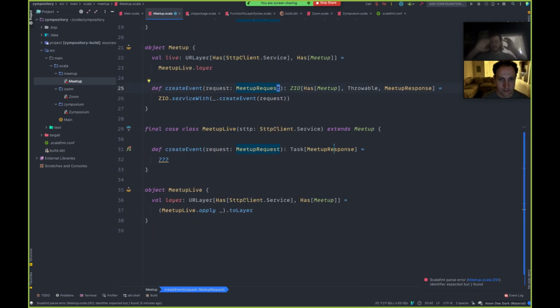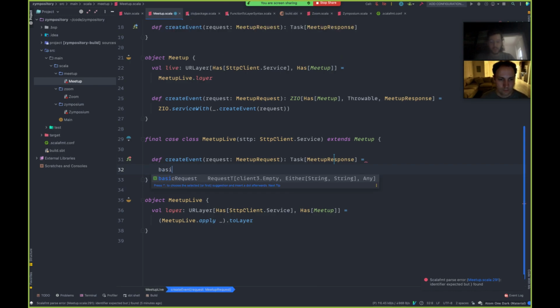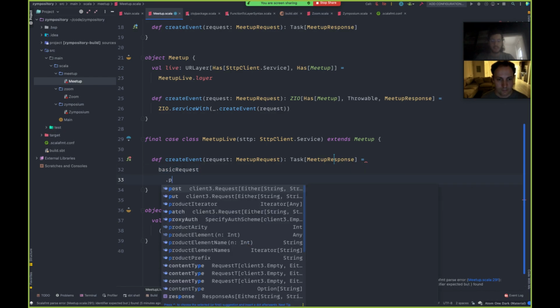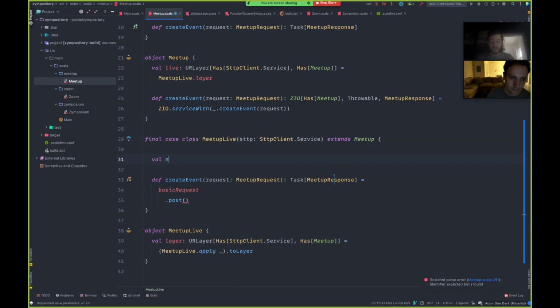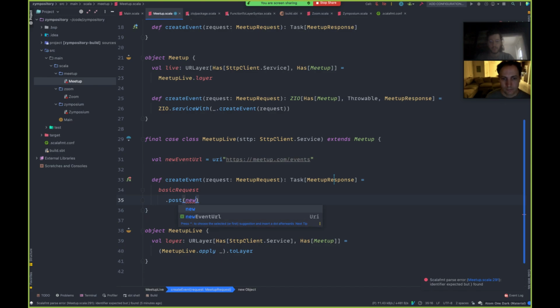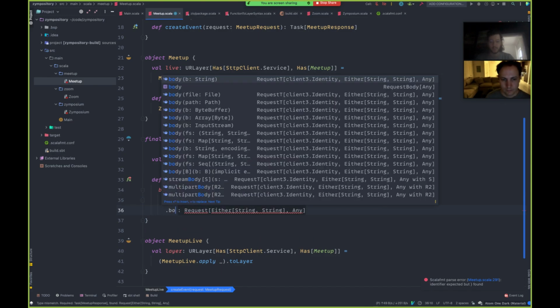Okay, cool. So now we can make a request. Who knows what that's going to look like? But there's this thing called a basicRequest, and then we can make a .post request probably to some URI. So this will be sort of the new event URL, a URI something, https://meetup.com/events, whatever. I'll find out what this is and copy paste it in a minute. But we're going to post that new event URL. And this takes some kind of body,